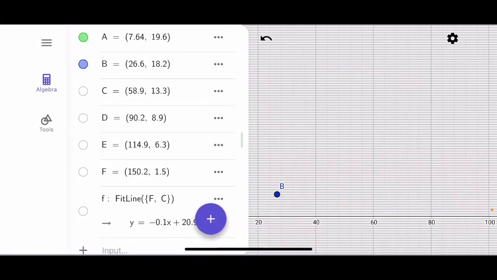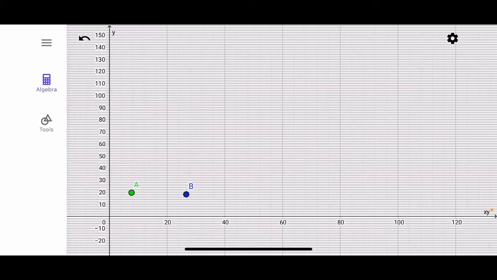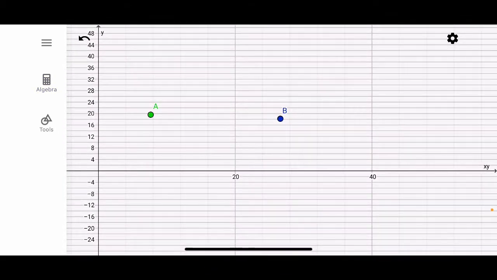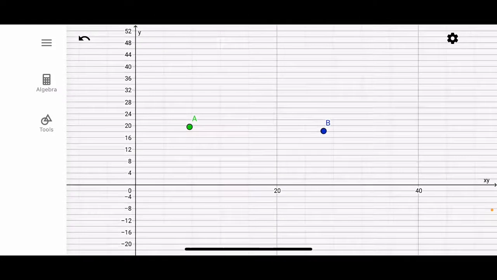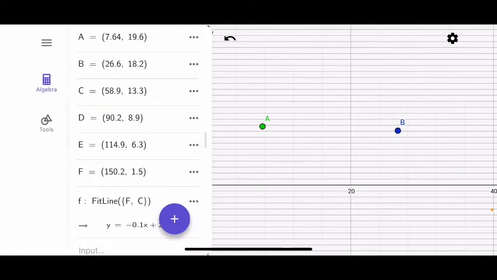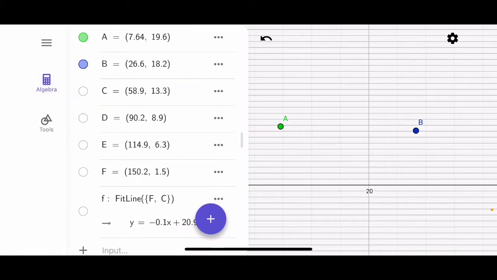This is the point A. Let's say we have point A and point B. Okay, let's see where our point A is. This is point A. We have to plot the points one by one. Then we have point B, which is here,